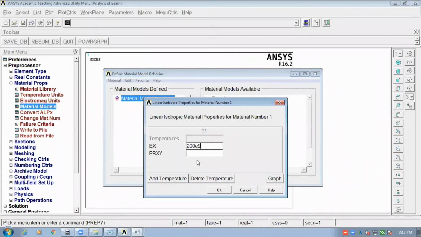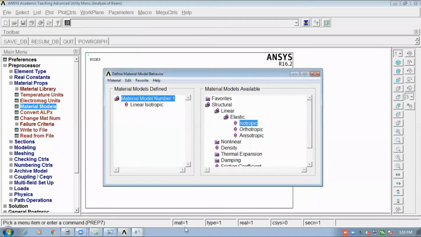The meaning of E9 is times 10 raised to power 9. And Poisson's ratio is 0.3. So I'll just say okay, and I will close this window.